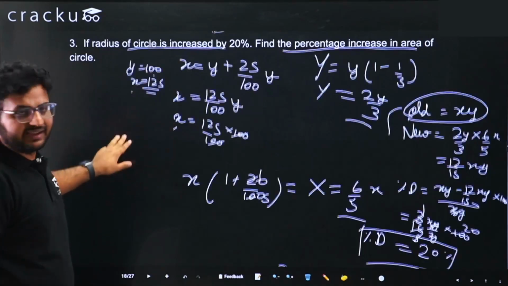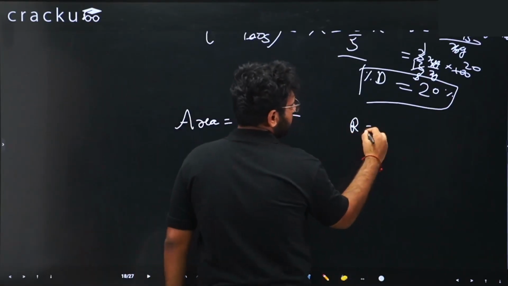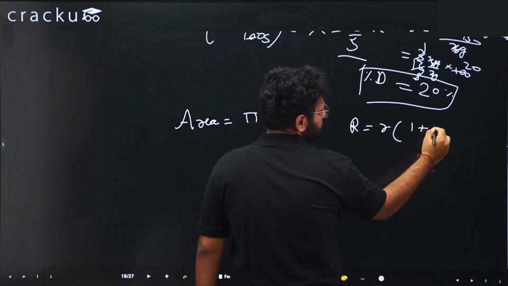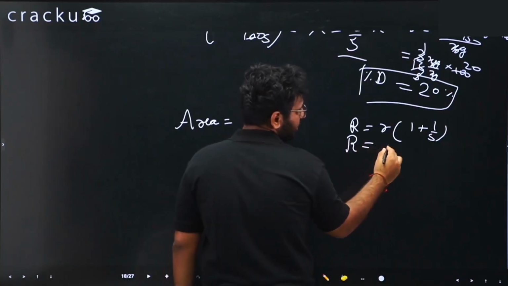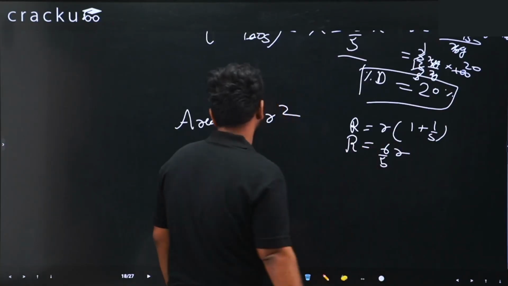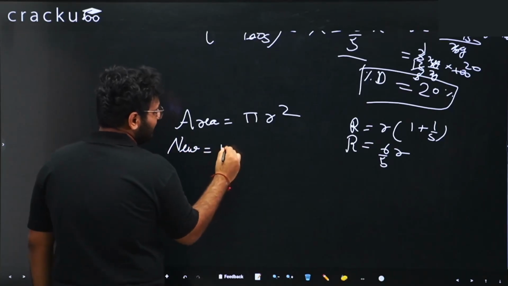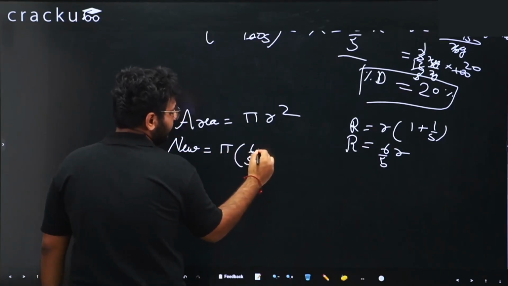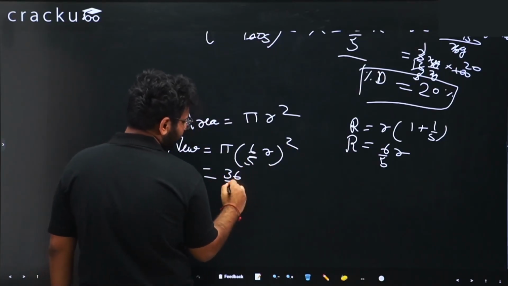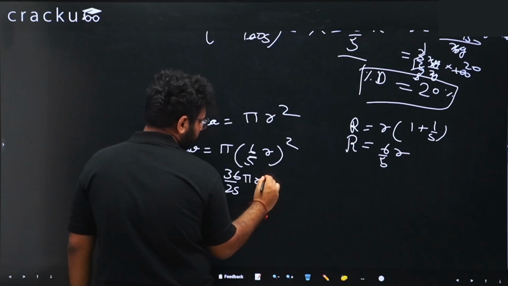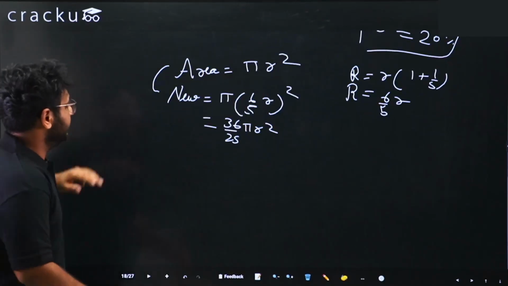Now the radius is increased by 20%. So new r would be r into 1 plus 20 by 100. 20 by 100 is 1 by 5. So new r would be equal to 6 by 5 r. So the new area will be pi into 6 by 5 r whole square. So this is 36 by 25 pi r square. So we can clearly see that the new area is greater than the old area. So the percentage increase